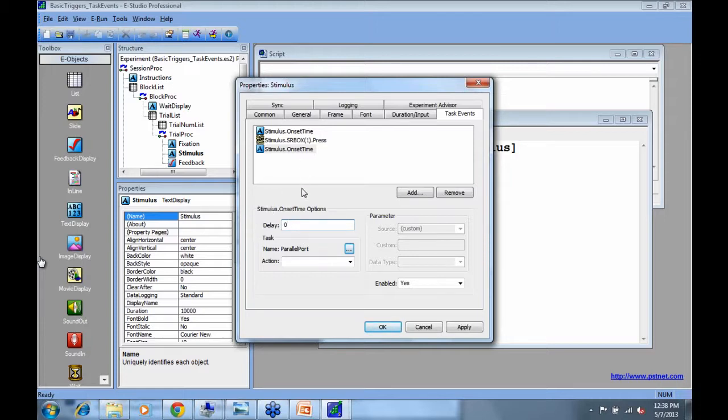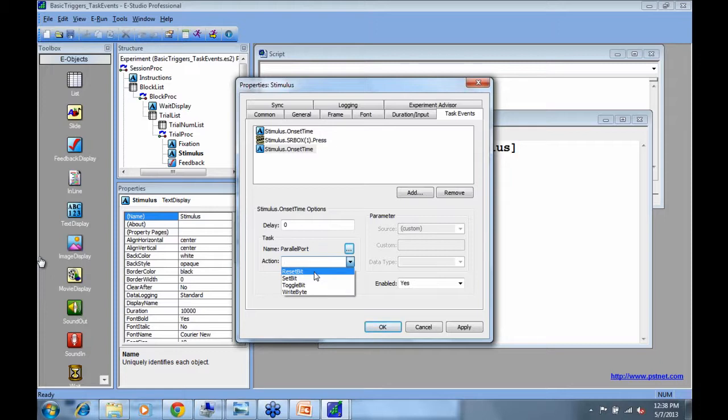Now if we go to action here, you'll see the options are reset bit, set bit, toggle bit, and write bit. These are going to vary a little bit depending on which device you're using. The reset bit will reset the bit from high to low as specified in here. So if your bit is already set to high, it'll switch to low, and vice versa. The set bit will,